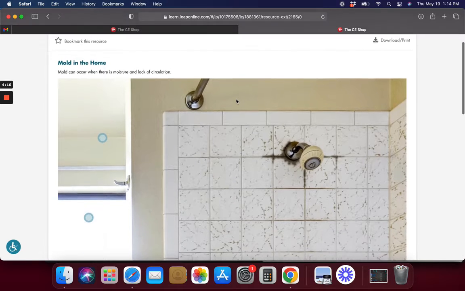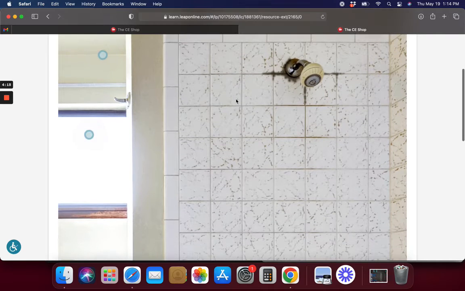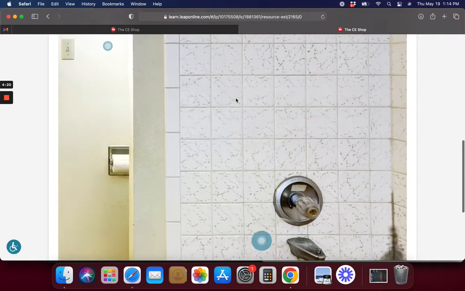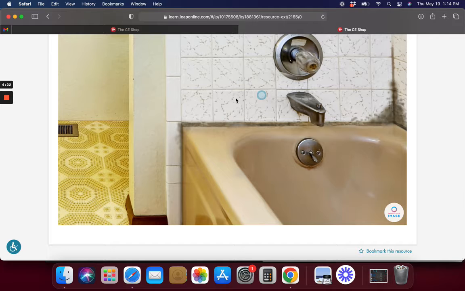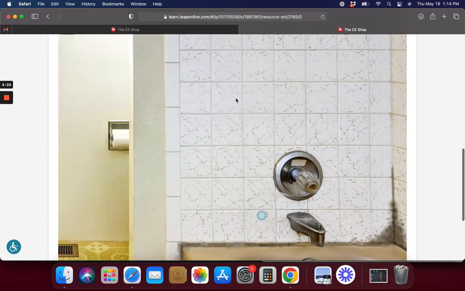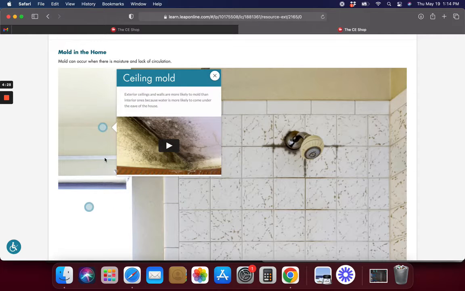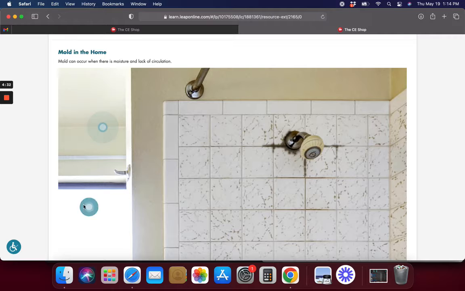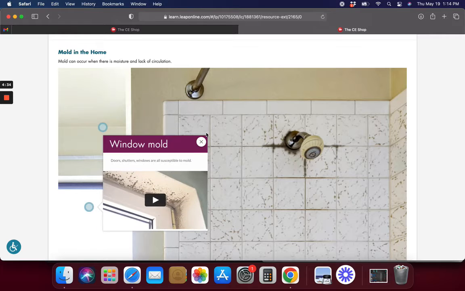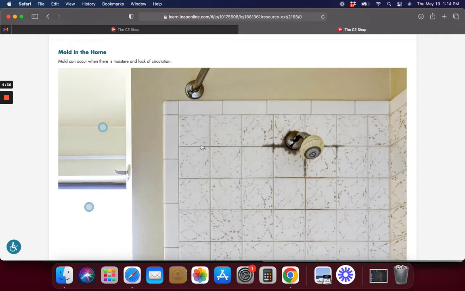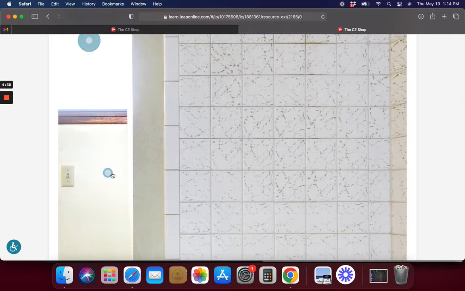Okay, mold is when there's moisture and a lack of circulation. And you can definitely, what's this one? Ceiling mold. Oh my gosh, look at them pictures. Holy crap. It's pretty gross. Anything that's black like this, window mold, that means they got some serious